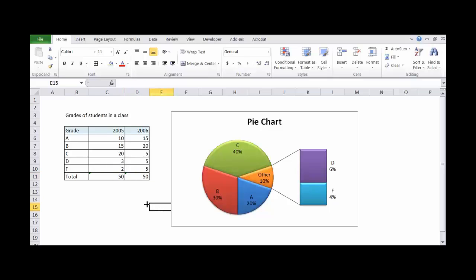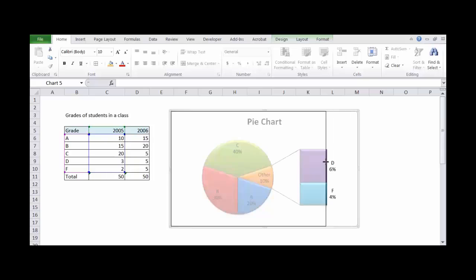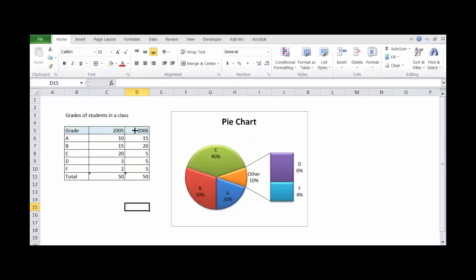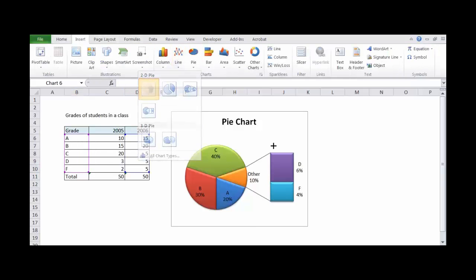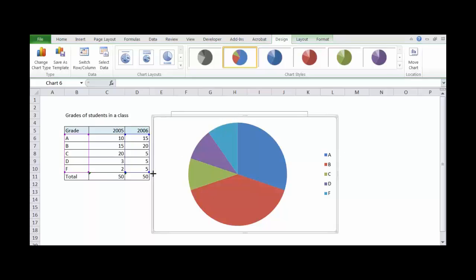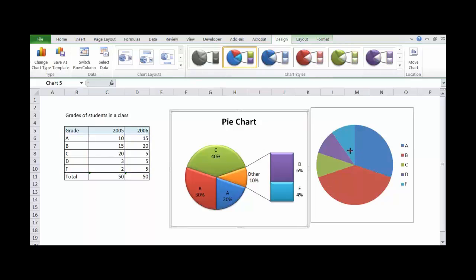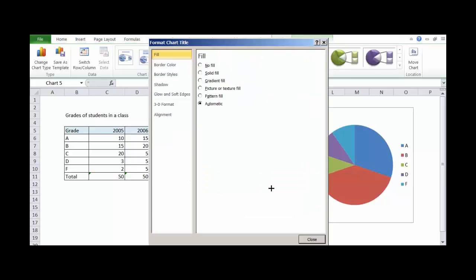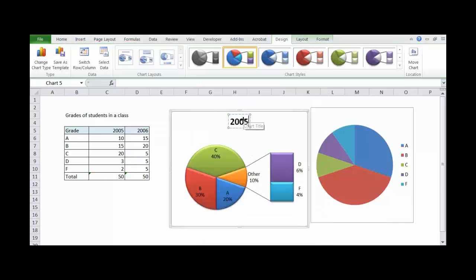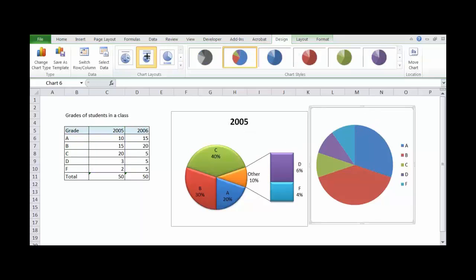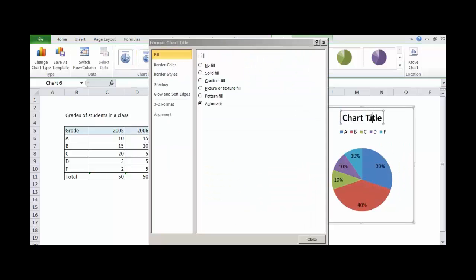Now what I want is to compare one year with the other. Right? Now if I want to compare one year with the other, and if I want to do that with this pie chart, okay, let's see how I can make that pie chart. I will have to make two pie charts. I have to make another pie chart and I will want to compare these two. This is the pie chart for, let's say, 2005 and this will be the pie chart for 2006.